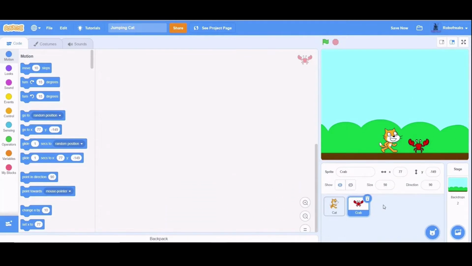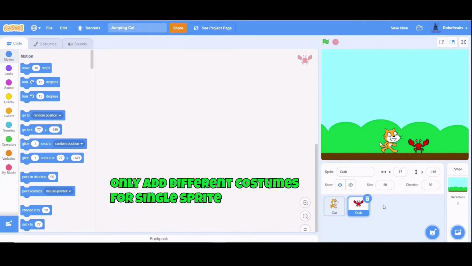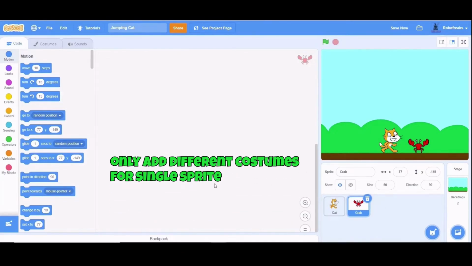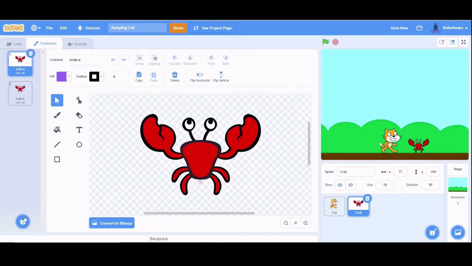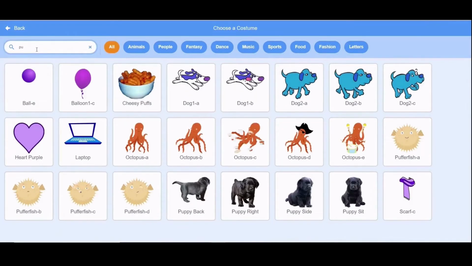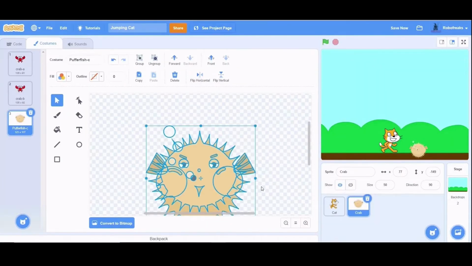Now, we will not be creating different sprites for the different creatures. I will be keeping them in a single sprite as separate costumes. So, let's import all of them and position them properly.